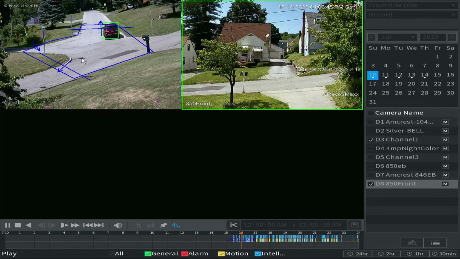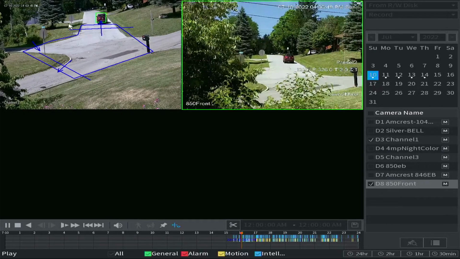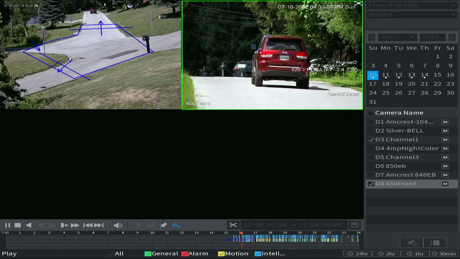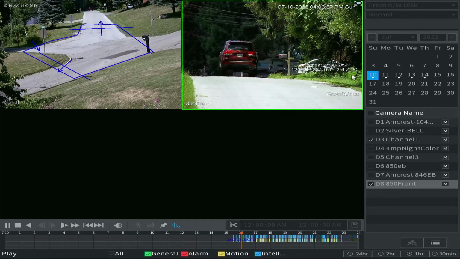All right, so this is a car going up. This is where it normally sits. It passed that. It now zooms in, and you can see the license plate. Now, as you can see here, it is at the maximum